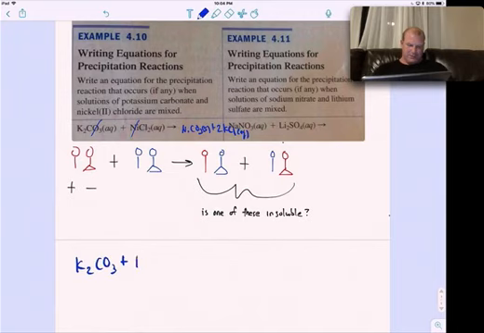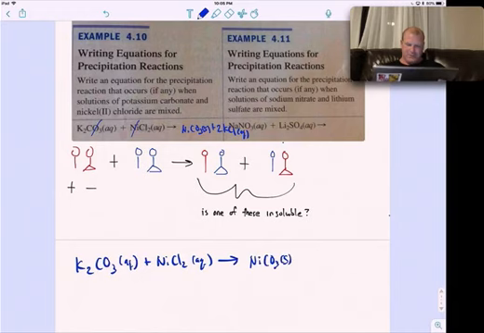K2CO3 aqueous plus NiCl2 aqueous yields NiCO3 solid plus KCl